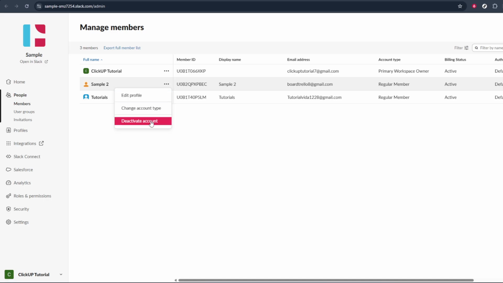In the drop-down menu, look for the option labeled Deactivate Account and click on it. Deactivating the account will remove the user's ability to sign into the workspace and stop them from sending or receiving any new messages. Their past messages and files usually remain for record keeping and transparency, but they will no longer be an active member. You may be asked to confirm